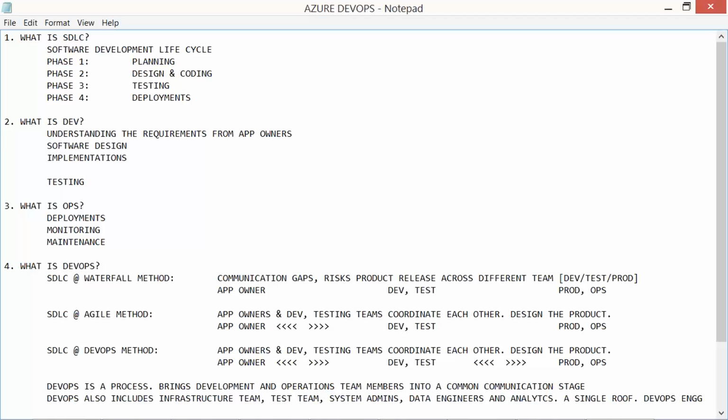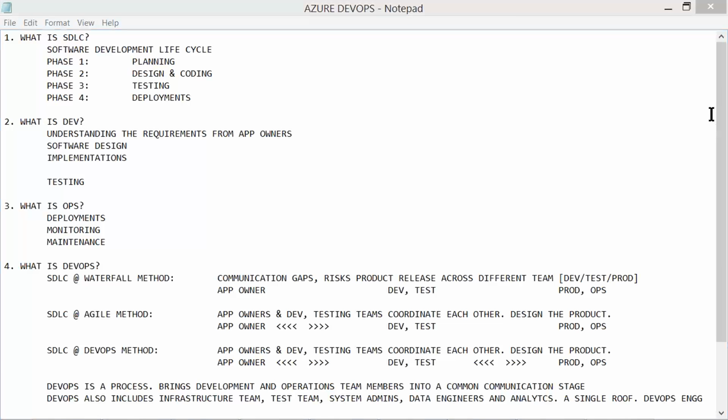Now what do we actually do in DevOps? Yes, as I was mentioning a few minutes back, it's all about how we coordinate and communicate with each other. It's all about how to ensure better delivery or faster, streamlined delivery of our product. So what does it actually mean?